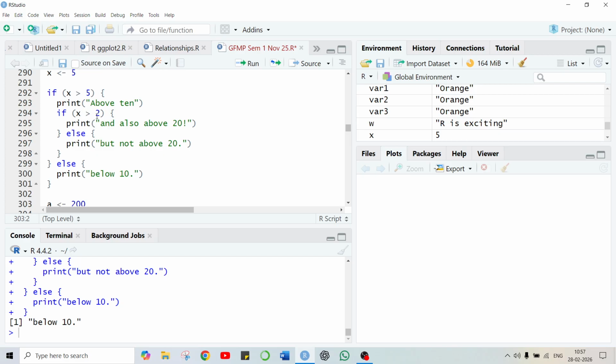X is greater than 2, print and also above 20, right? So this will not be fulfilled because it will come out of this first condition. This is condition within condition.